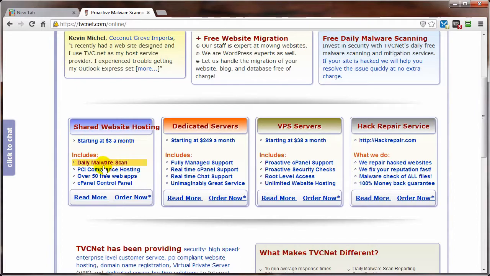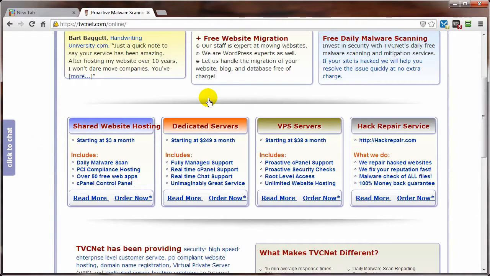The main kicker here is you've got the daily malware scan, and they also provide the backups. So definitely include tvcnet.com in your list of researching websites for your future hosting account. Now, once you've got your hosting setup taken care of and everything's all safe and secure, if you want to